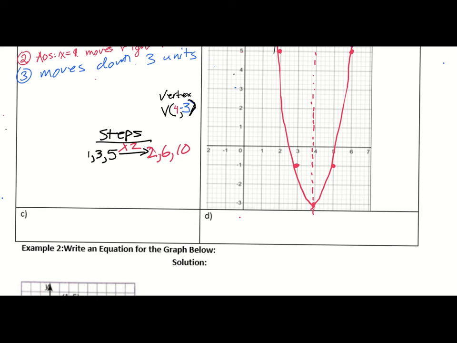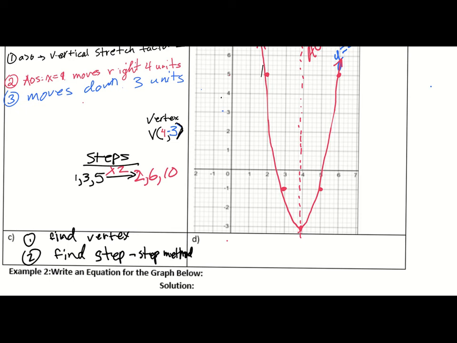1, you find the vertex. 2, you find the steps. 3, and use them for our step method. Now, the last thing that I need you to do, it says,